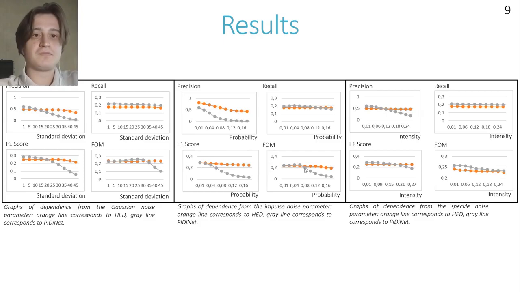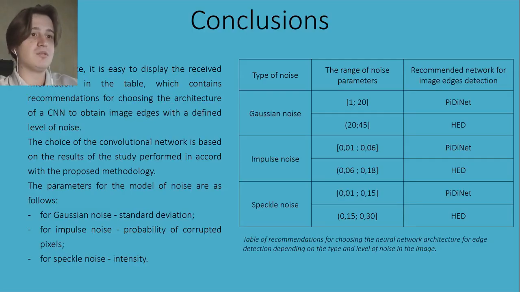Finally, conclusions. The obtained results are presented in the form of a recommendation table for the choice of edge detection methods depending on the noise on the image. The results confirm previous conclusions that differential methods of edge detection are better for low noise images, and correlation methods show better results on images with high noise parameters.